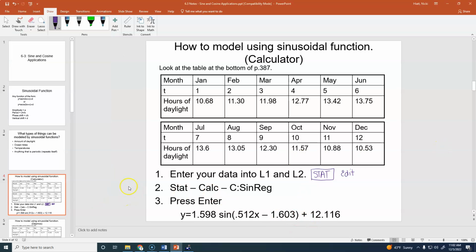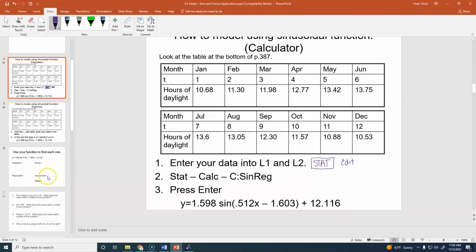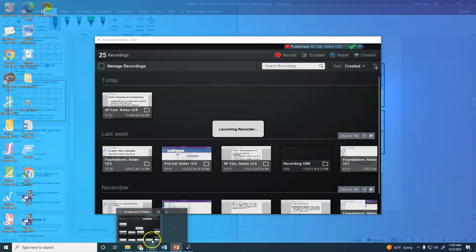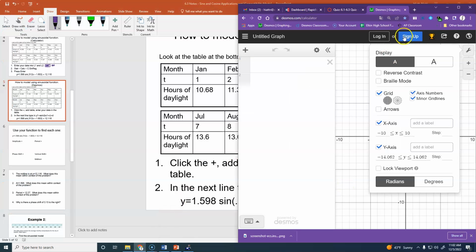Okay? All right, I would also like for you to know how to do this on Desmos, so let's look and see how you do this on Desmos, because Desmos is a lot easier to work with the graph on. So if we pull up Desmos here,